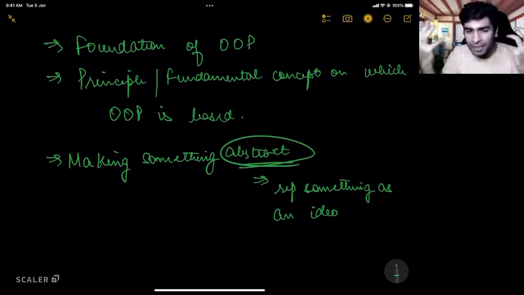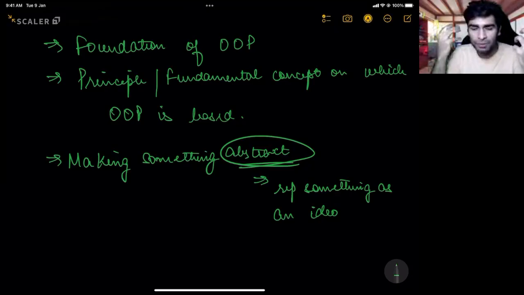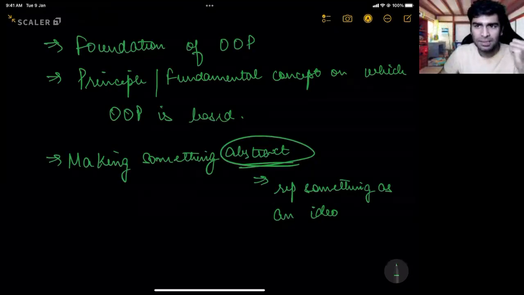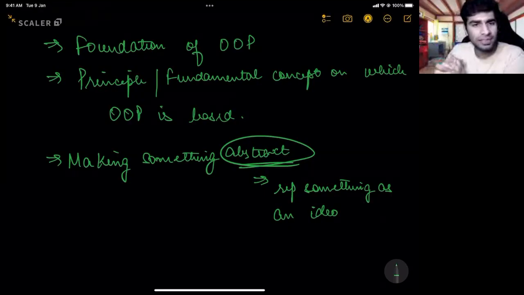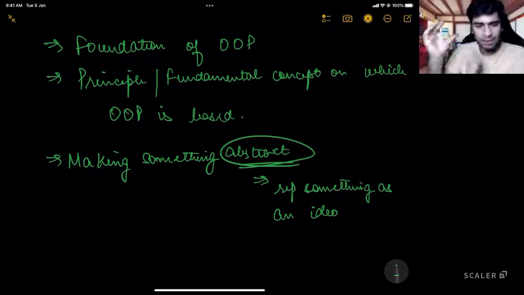In object-oriented programming, every idea has some attributes, some details, and some behaviors that it can do. So what is the foundation of object-oriented programming? It works on the foundation of abstraction, which means representing a complex software system in terms of different ideas.